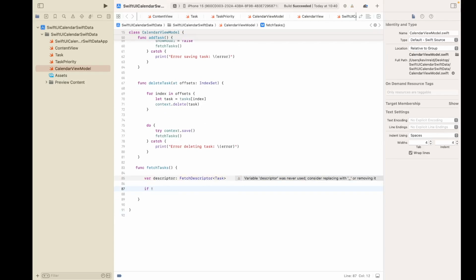If not, search query dot is empty. So if the query contains data and show all tasks is true, then we need to filter the tasks by the search text